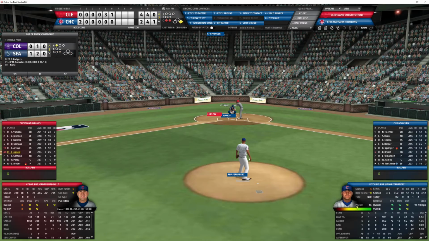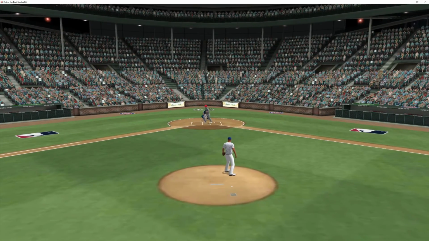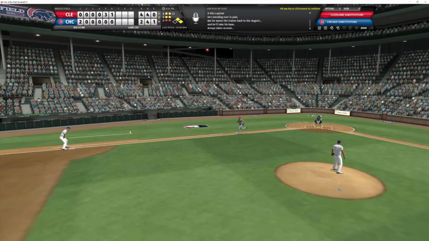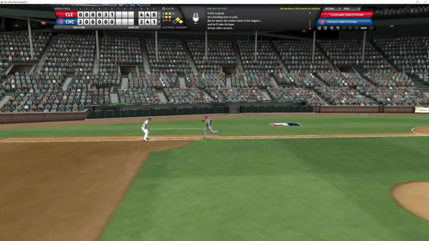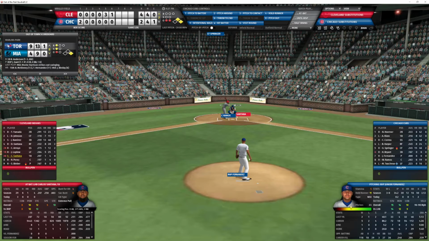And now Jordan Luplow is the batter with 2 outs and the runner on first. Cubs down by 2. Fernandez working with a 2-2 count. Here comes the pitch. And he hits him. So Junior Fernandez, after striking out the first 2 batters he faced, has suddenly lost complete control and has walked a batter and hit a batter. And now he's facing Carlos Santana. With runners on first and second, 2 outs here in the top of the 7th,